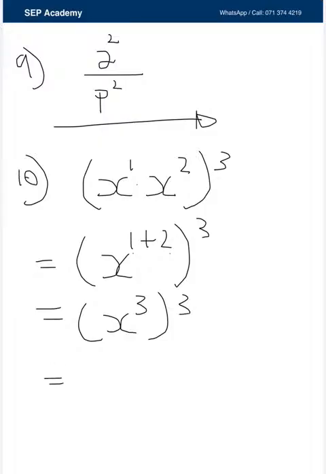Then the exponent multiplies with that one according to the rule, so you have 3 multiplying the 3. Lastly, you end up having x to the exponent of 3 multiplied by 3. Definitely that should be 9, and that is the end of it. So can you see the laws are not necessarily complicated. Sometimes they can take the first law and combine it with the second law, or take law 1 and combine it with law 3, or law 2 and combine it with law 3, and then they ask you questions based on